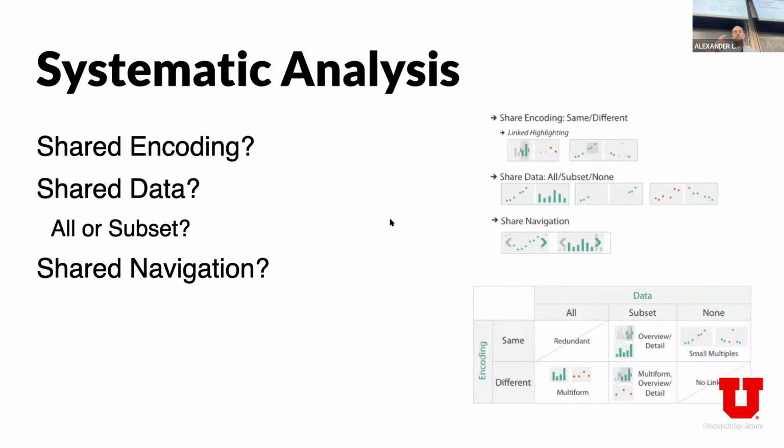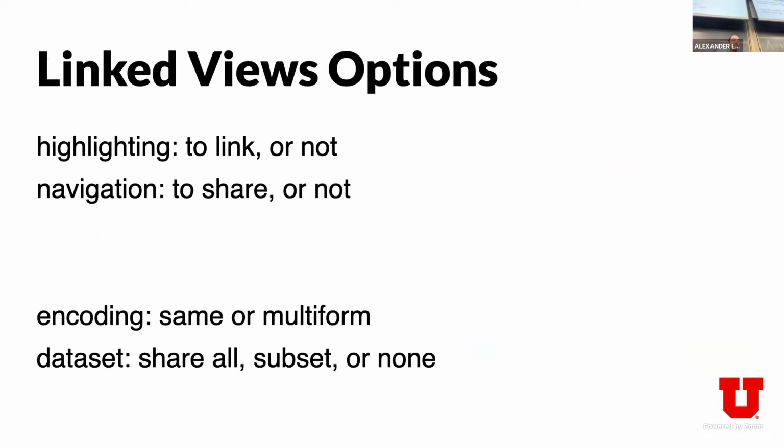If we had no shared data and different encodings, then it would just be two different data sets that are being visualized next to each other. So I'll dig into this in more detail over the next couple of slides, but this is a good overview here. So when we link two views,